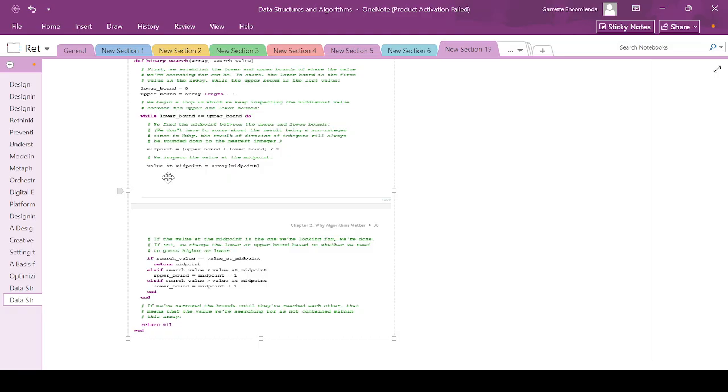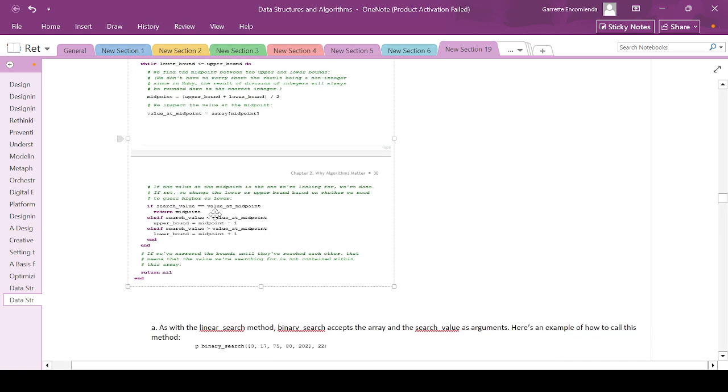If the value at the midpoint is the one we're looking for, we're done. If not, we change the lower or upper bound based on whether we need to guess higher or lower. So using an if statement: if search_value is equal to value_at_midpoint, return midpoint. Else if search_value is less than value_at_midpoint,